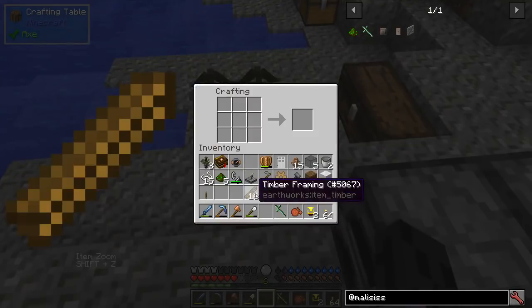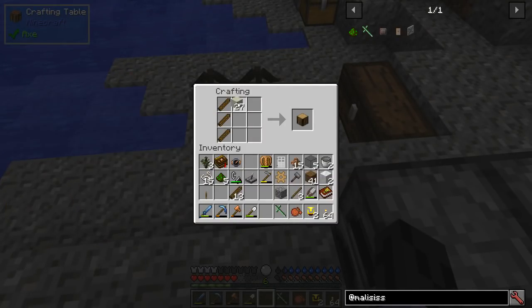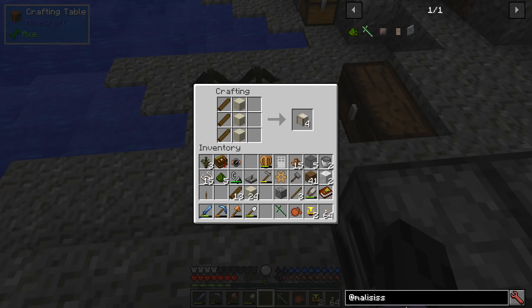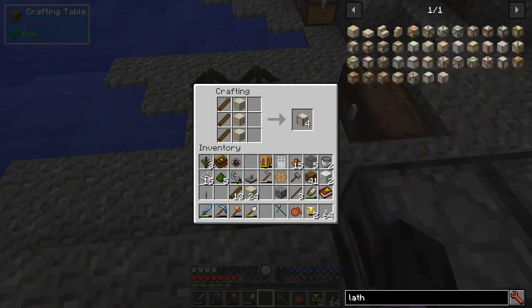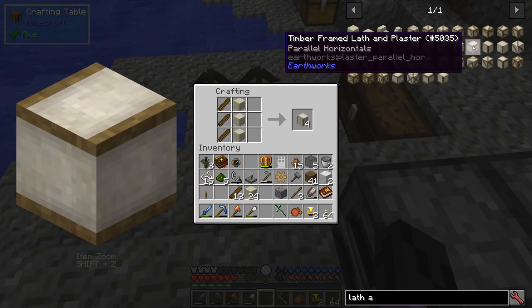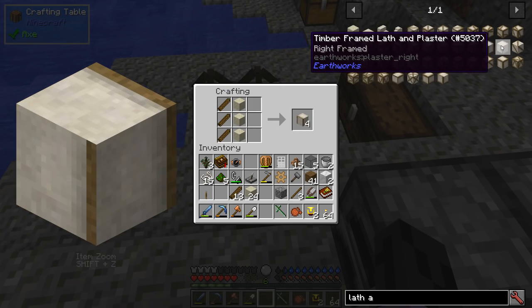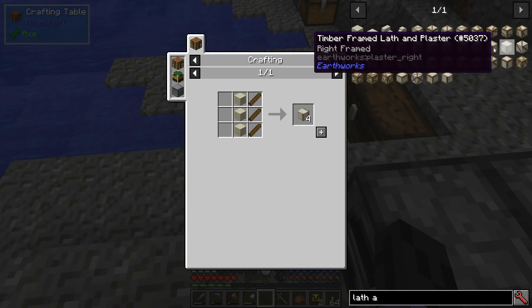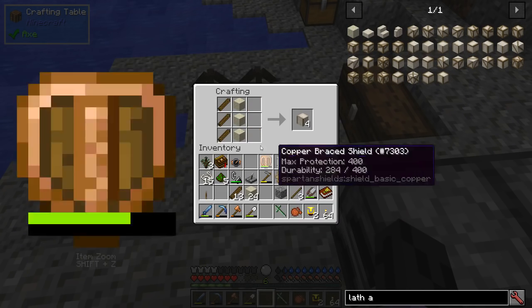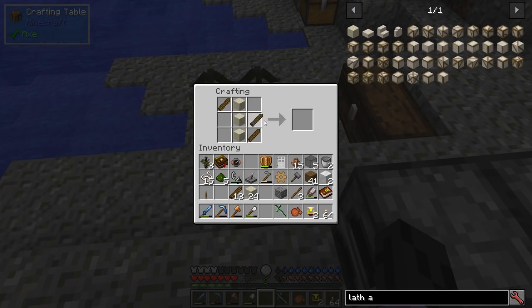So anyway, here is a left-sided frame. Okay, timber framed, lathe and plaster, left framed. If I go to lathe and plaster, and we use item zoom to find the one I actually want to show you now, which is this one. Look at the recipe, right-sided, right? Timber on the right, lathe and plaster in the middle. If I do that,